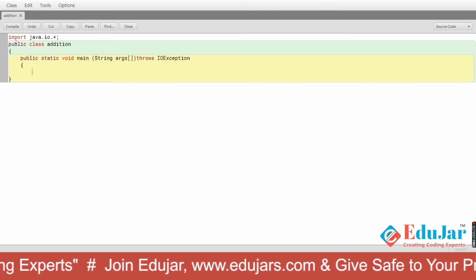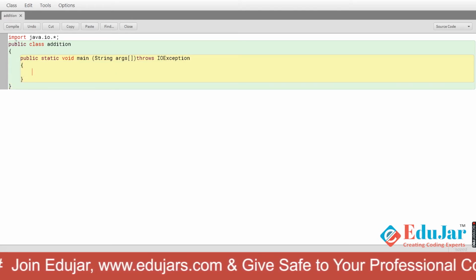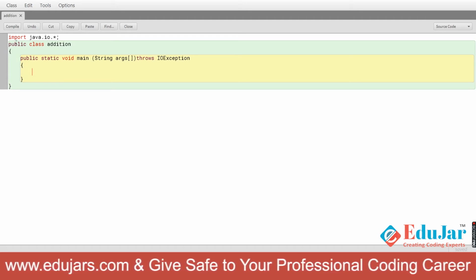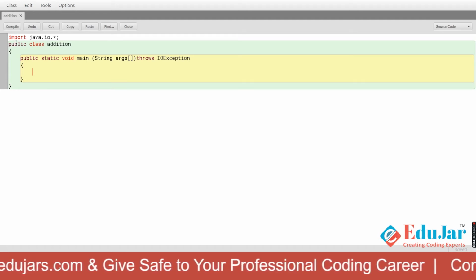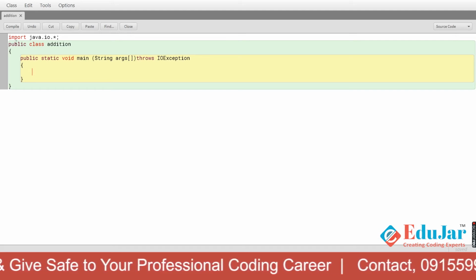Now we will again open a curly bracket, and inside this curly bracket we will write InputStreamReader read = new InputStreamReader(System.in); BufferedReader ob = new BufferedReader(read).